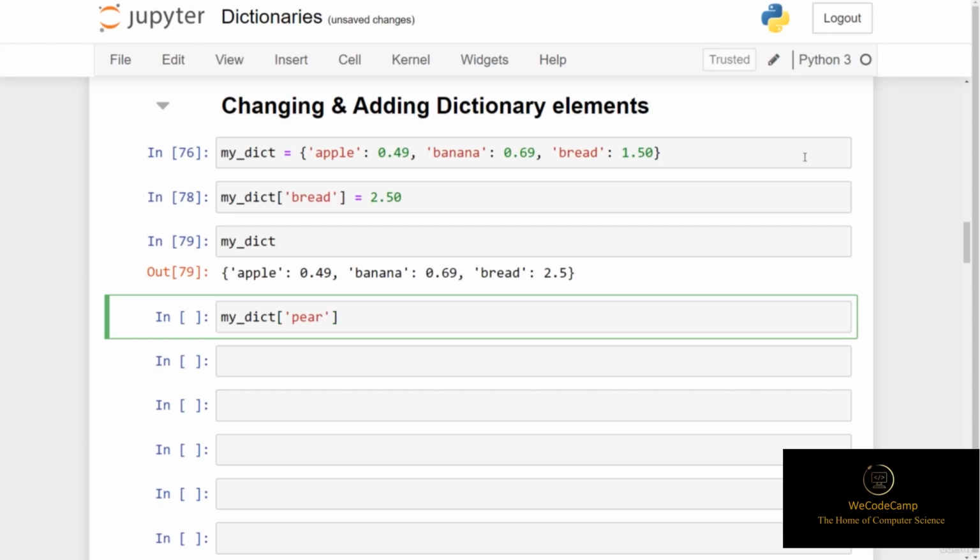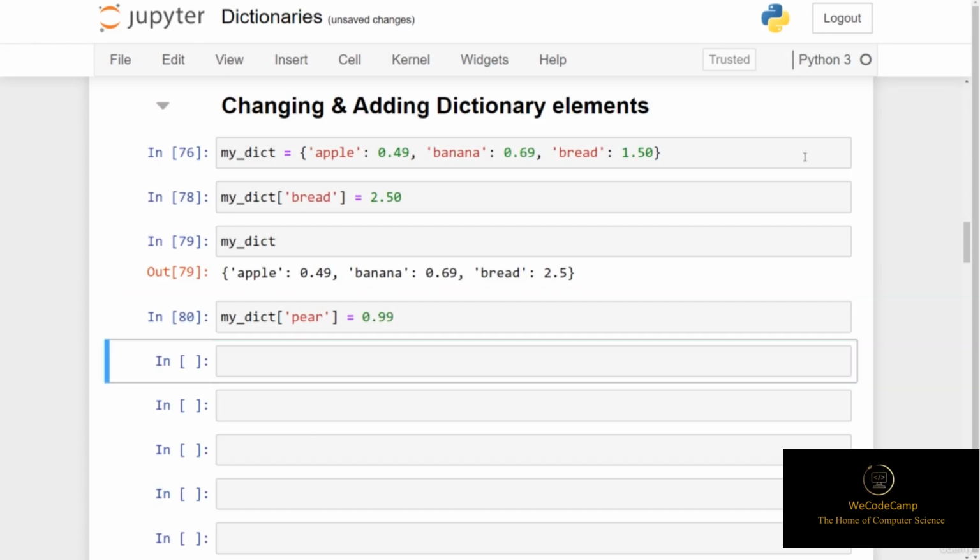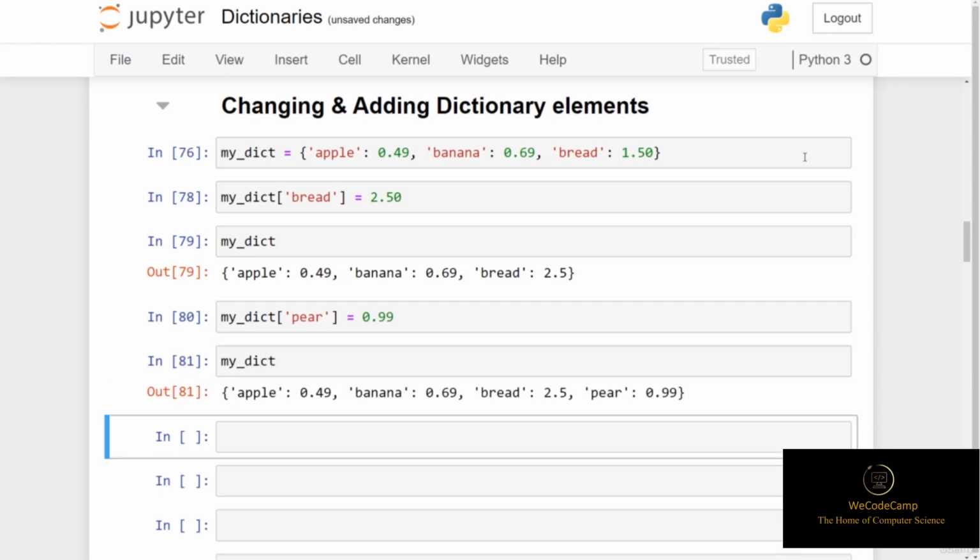We can then assign this a value. So let's say that pears cost 99p. We can put equals and then 0.99. When we now look at the values stored in my_dict, we can see that bread has been updated to 2.50 from the prior operation, and now we've added pear as a key